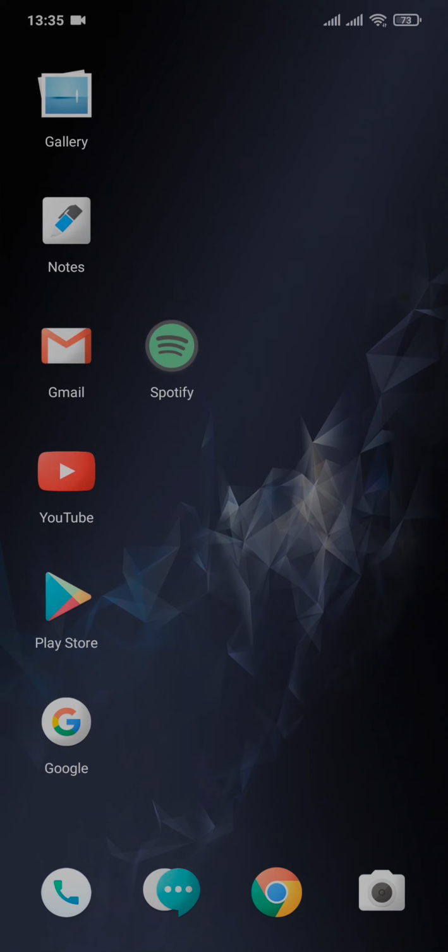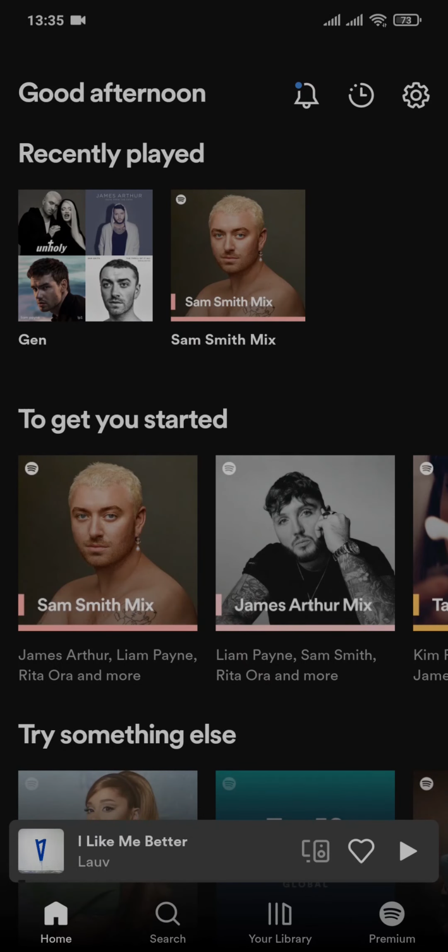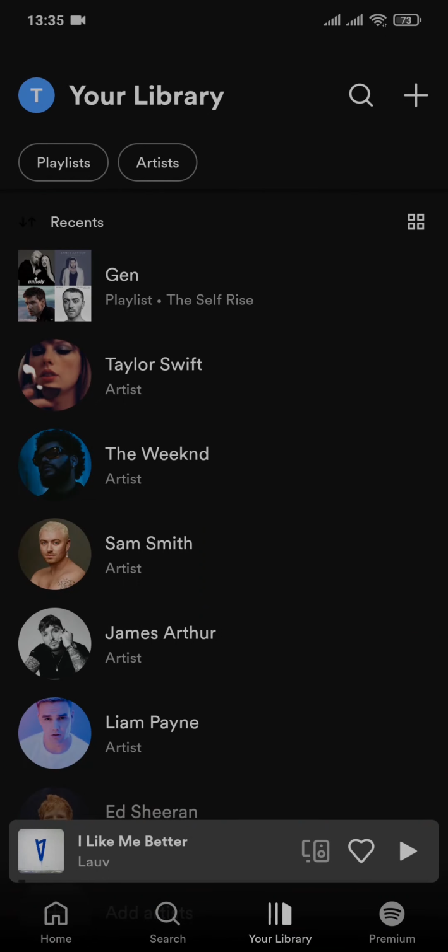Head over to the app of Spotify. After you land on the app, you'll need to tap on your library, where you can see all of the playlists that you've created. Now all you need to do is tap and select the playlist that you want to